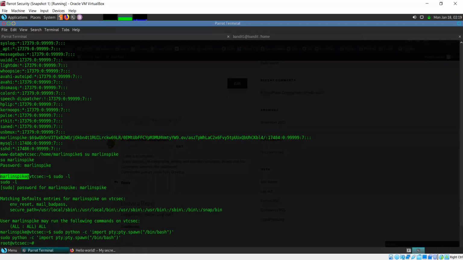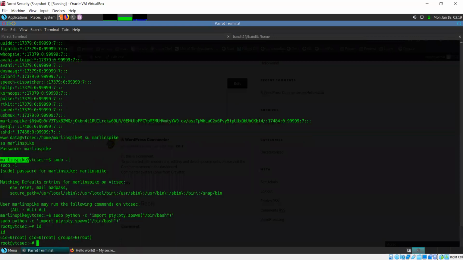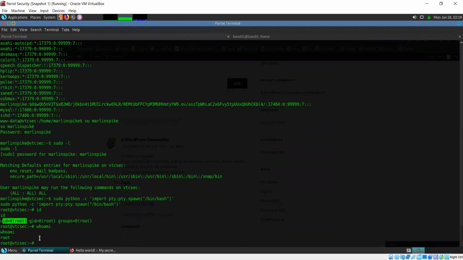Now we have root access here, root at vtcsec. You check your id. So we are now logged in as root. If you run whoami again, we'll get root. So we now have root access over this system.